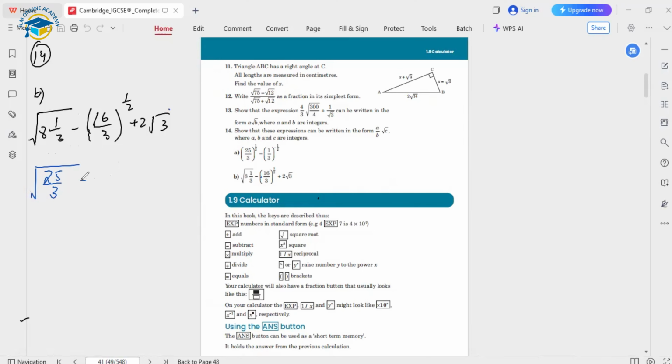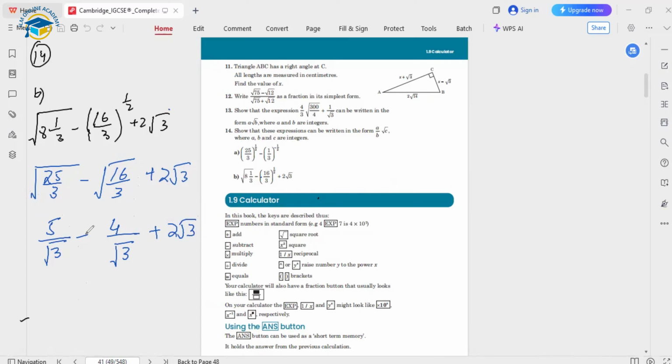Negative, and as I told you previously, 1 over 2 means square root. Simply you can represent it like this as well, because we need to work with the surds over here rather than the indices. So that's why it will be better if you make it in this way. Next, 25 is basically the perfect square of 5, and we can take this outside, and square root 3 you can write. Similarly, 4 is the perfect square root of 16, so square root 16 we can write as 4, and downward over here we have square root 3, and plus 2 square root 3 as it is.